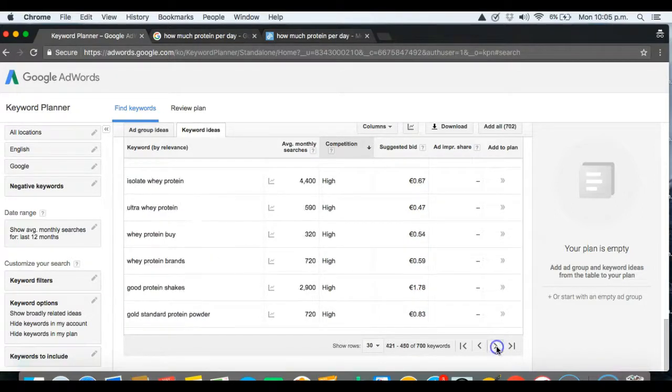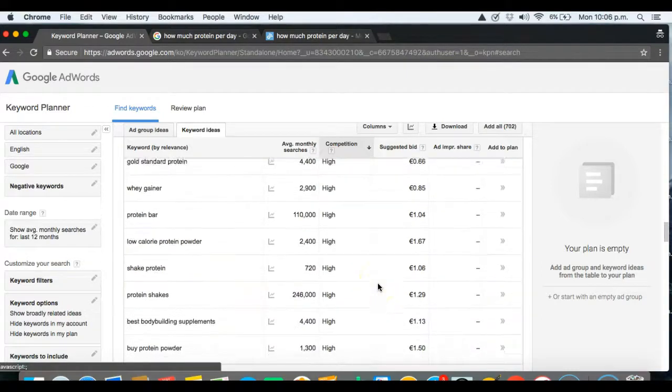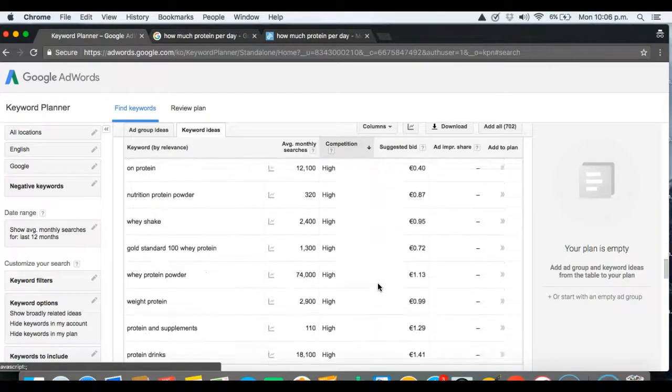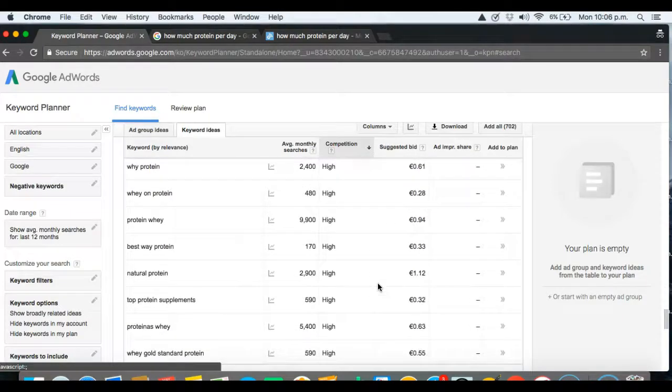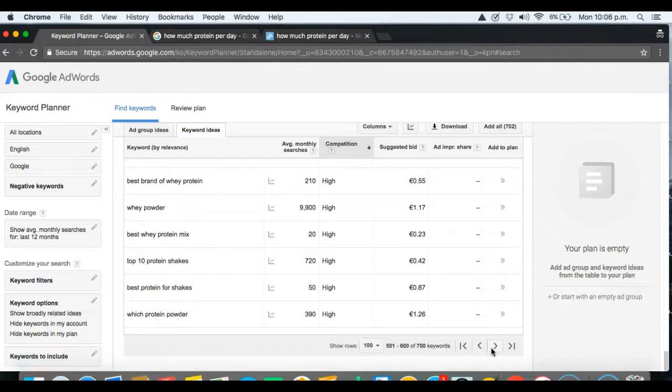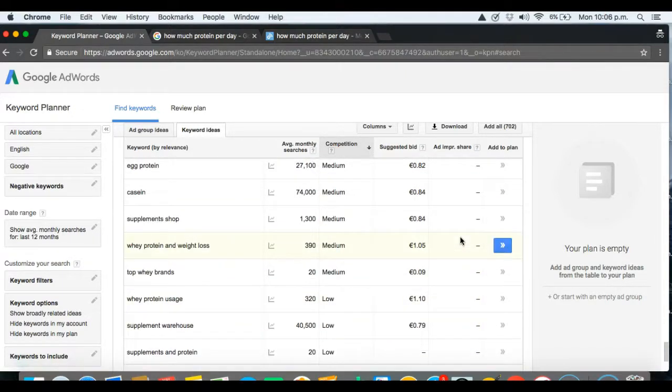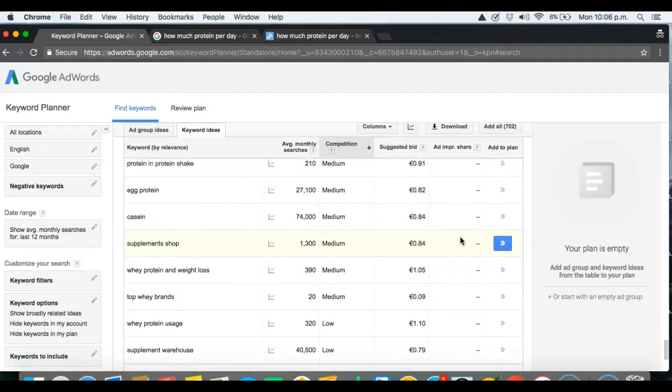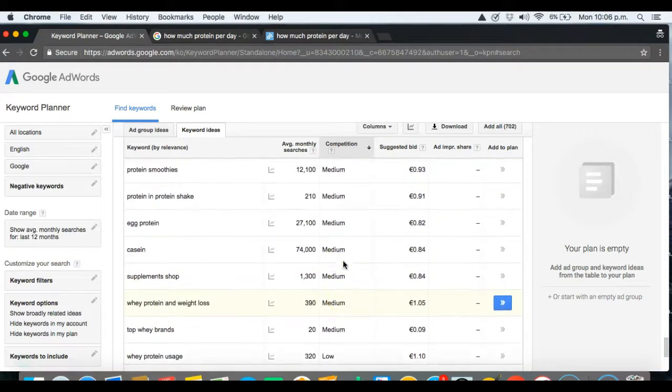But we can keep going. We can also hit show rows here to show 100 keywords per view. And still scrolling. It's an extremely competitive industry. But you know, we're going to arrive eventually at the low to medium keywords. So you can see here that there are some medium